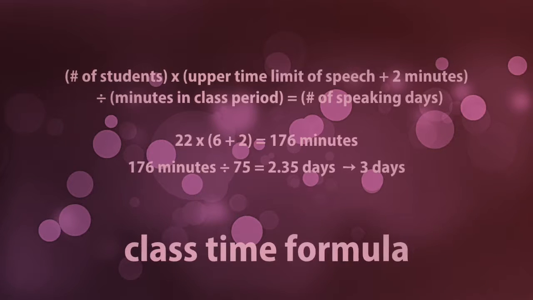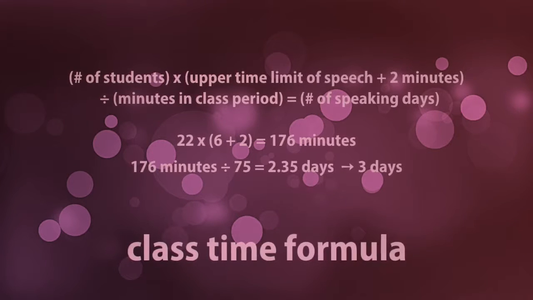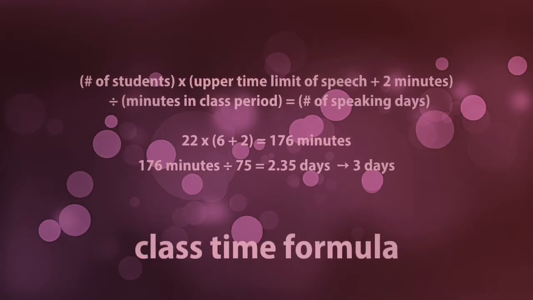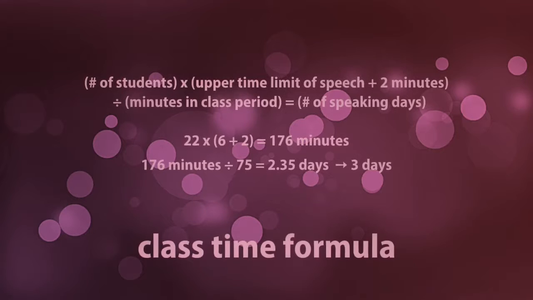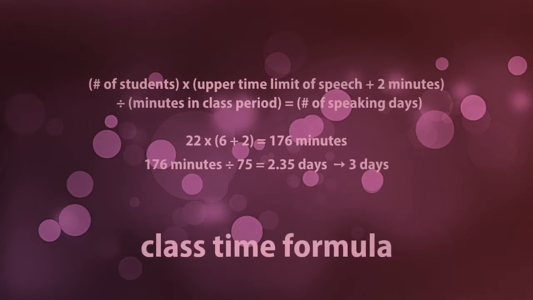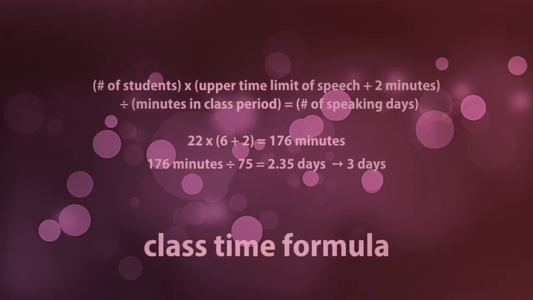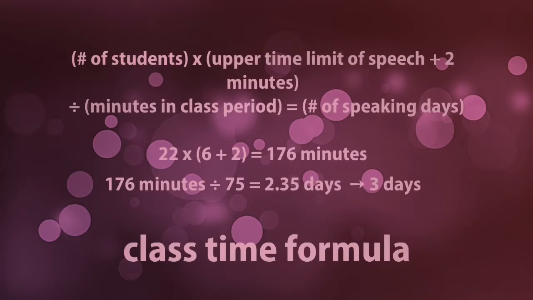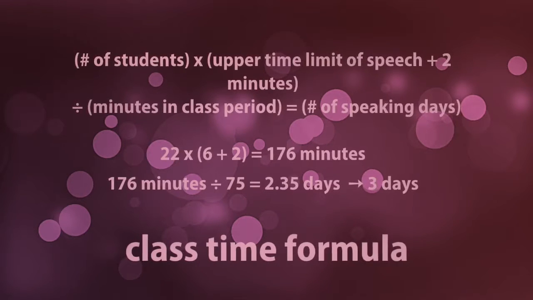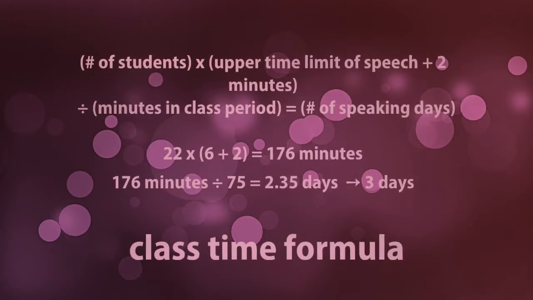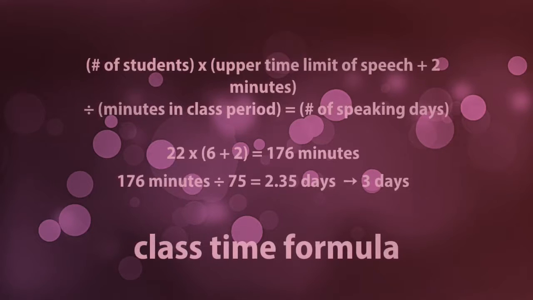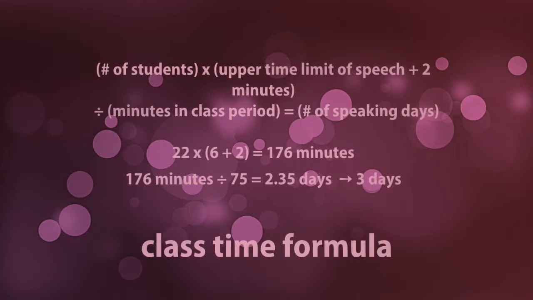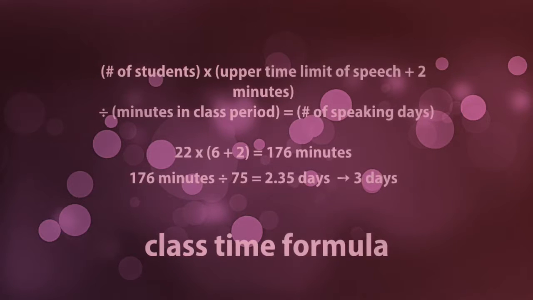Let's see what this looks like with some actual numbers. Let's say you've got 22 students in your class, a speech assignment that's 4 to 6 minutes long, so add 2 minutes to the 6 to allow time for each student to get up and down in between each presentation, which would give you 8 minutes in total. 22 times 8 equals 176 minutes. Assuming your class period is 75 minutes long, take your 176 minutes and divide it by 75 minutes, and you'll arrive at a total of 2.35. Since you can't cut up class periods like that, that means you'll need to allow 3 days in the schedule